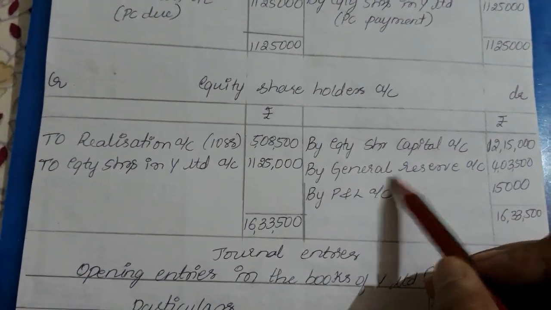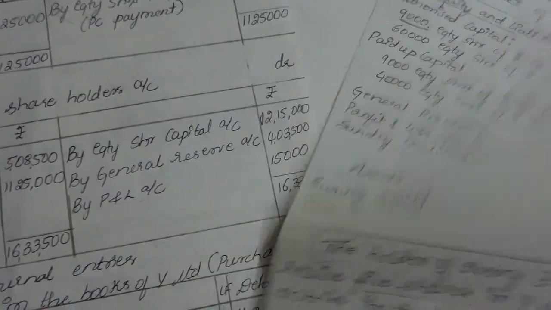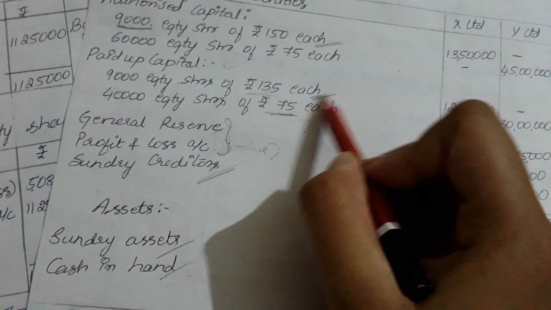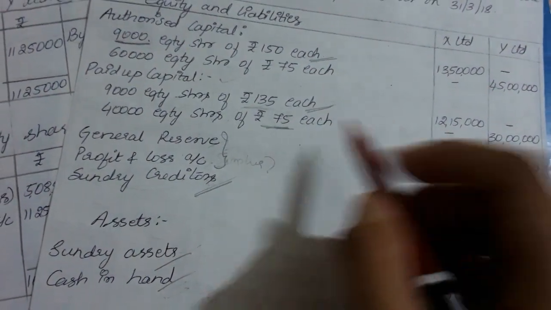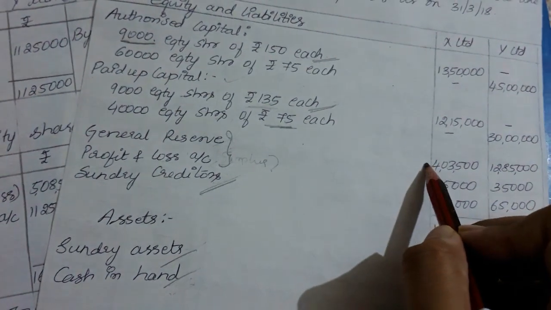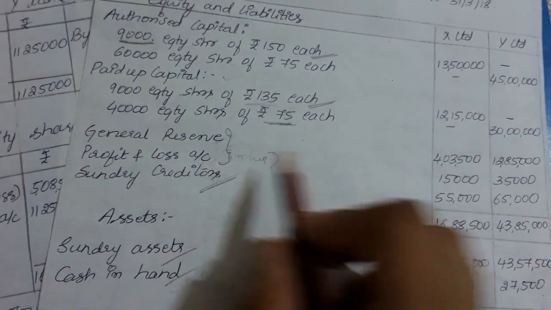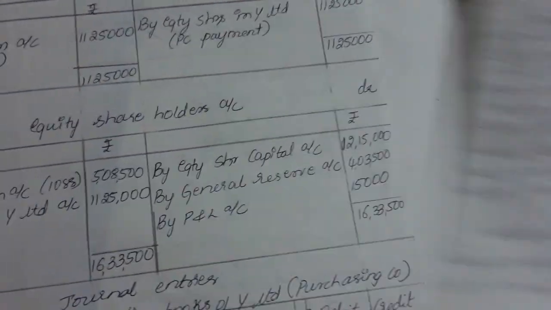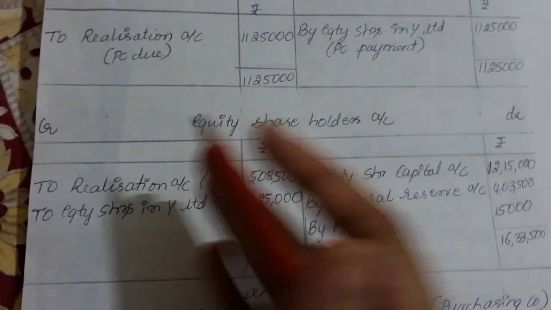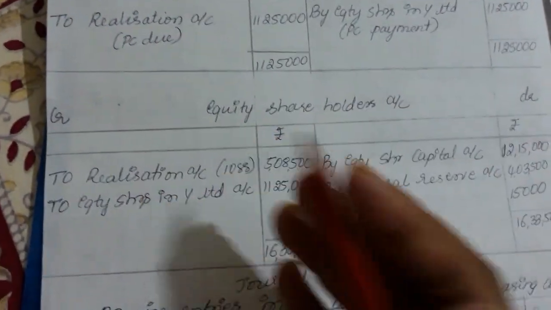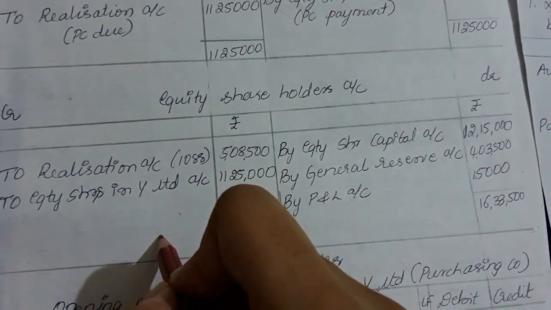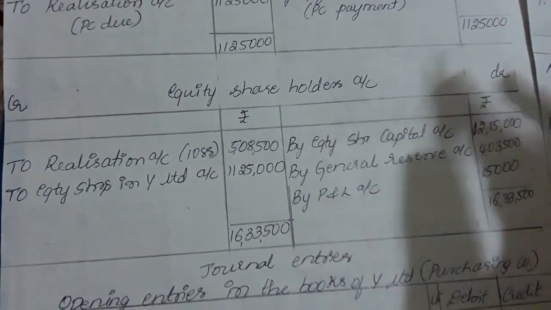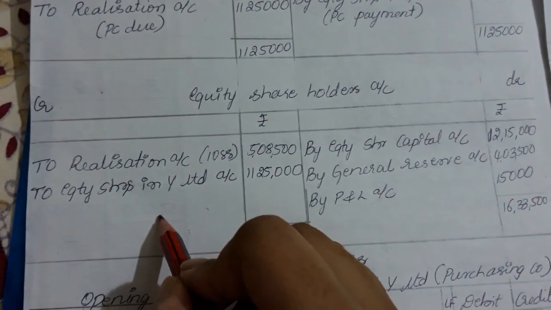The equity share capital, general reserve and P&L account have been given in the old balance sheet. We will take only X Limited equity shares, not those of Y Limited. Reserves and surplus, and profit and loss surplus of X Limited, only X Limited, are taken and dumped here. Any loss, and also any fictitious assets in the asset side of the balance sheet, such as preliminary expenses, will also come on the debit side.